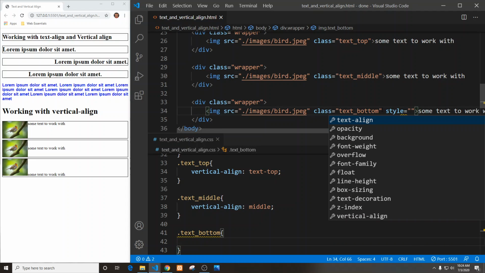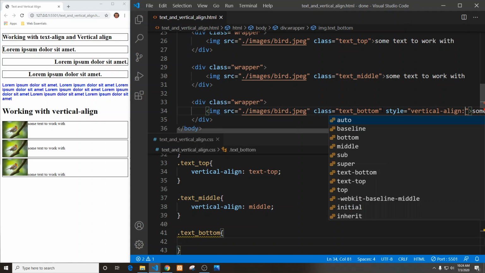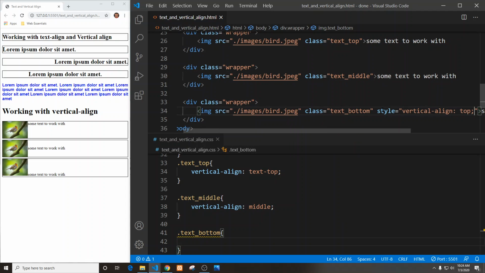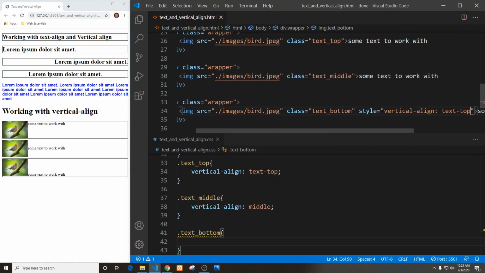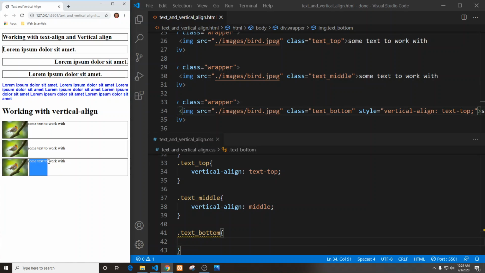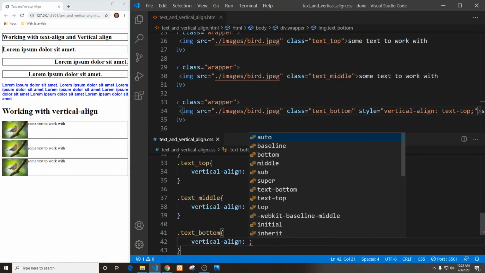So text style, I'm going to use vertical align, and we'll say top. The vertical align property, it's text top. All right, so the text is actually moved up to the top. So let's just say it was already like that before we actually got down here, and then we needed to override it for whatever reason. And then in that case, we would just do vertical align